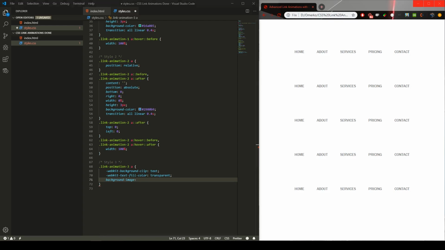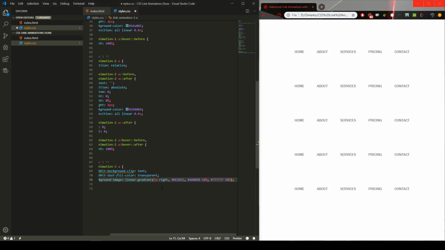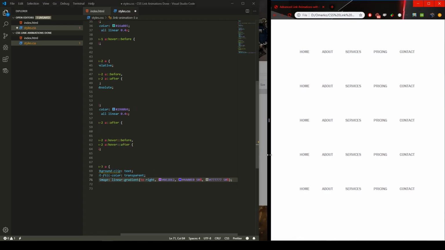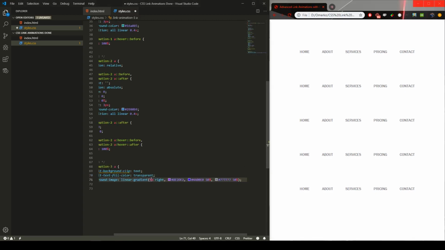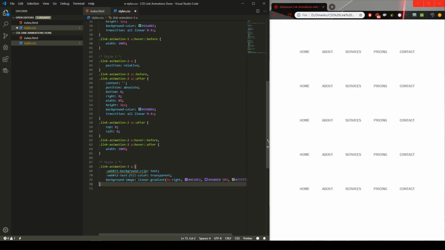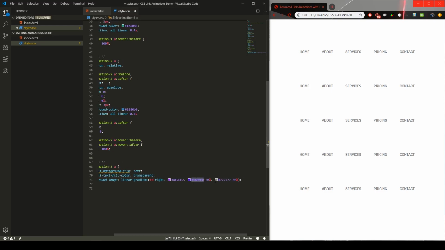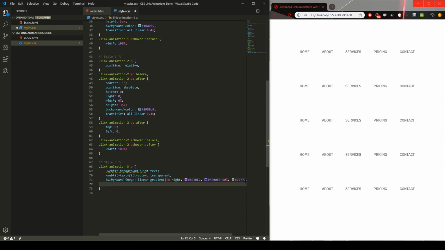Let me copy that one from my left side here. There it is, a linear gradient. For the linear gradient, what does this really mean? The linear gradient will go from left to right. The first color will be this one, and at 50% there will be this one, and the default color will be this one basically. The default color is the same color that we have currently on our links. I will also put the background size,